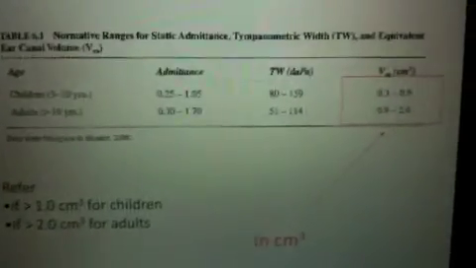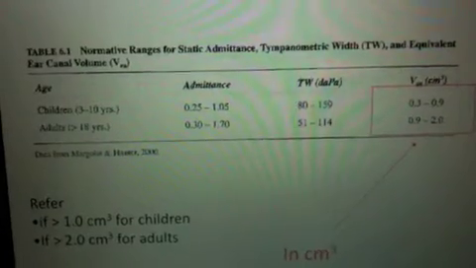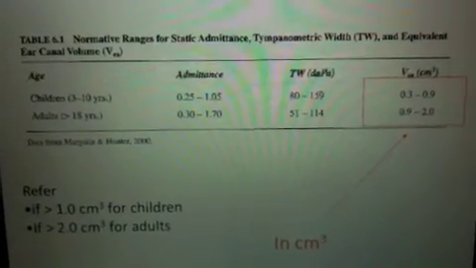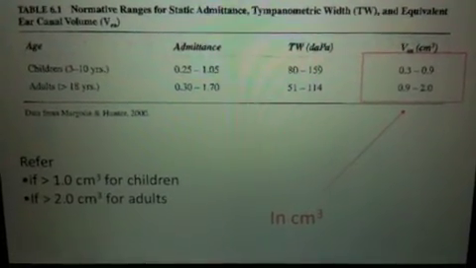The final value that I want to talk about is equivalent ear canal volume. When we're doing our tympanogram and we introduce plus 200 decapascals, we can get a sense of the overall volume of the external auditory canal. Remember